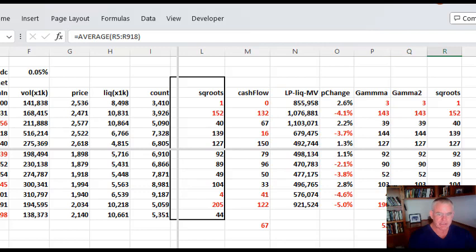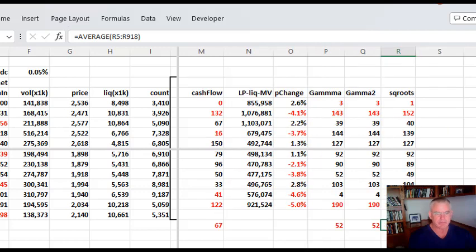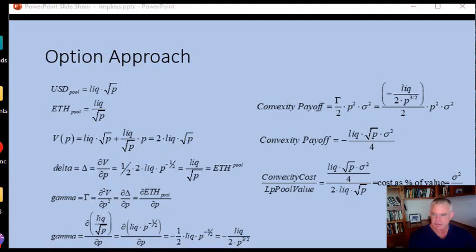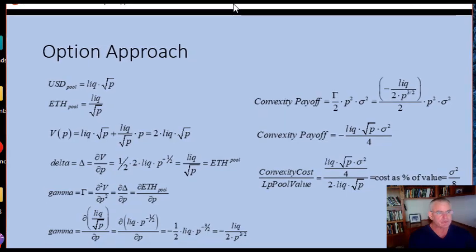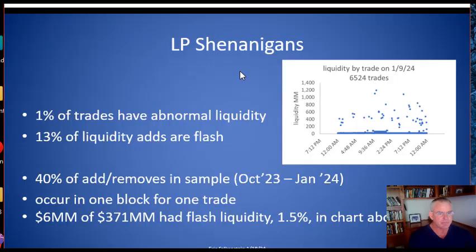And then using the square root method and liquidities, you get 50. So whatever, they're close. They're all similar. They're all giving the same result, and the similar result is they're all bleeding money. Ouch. So what do we do? Well, one tricky thing is, you might think, well, this is driven by LP shenanigans of some